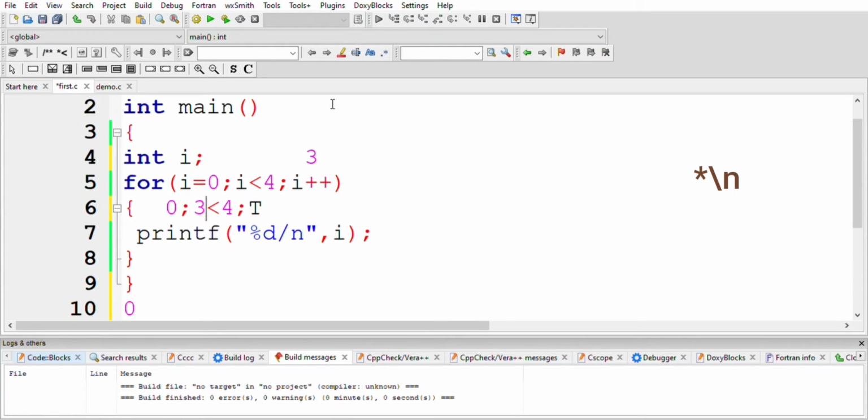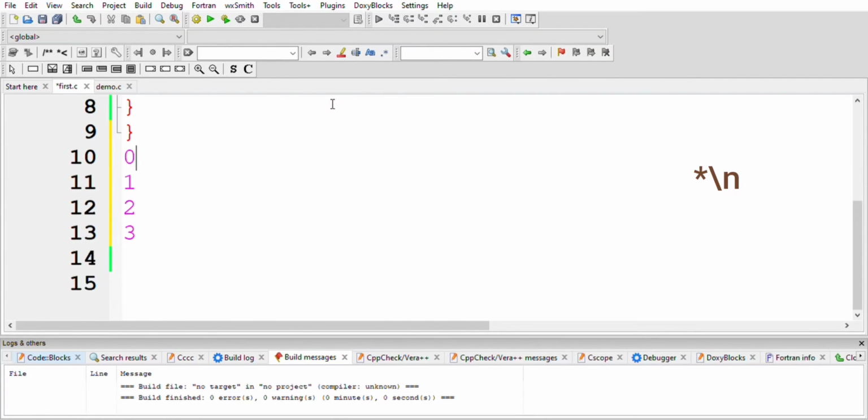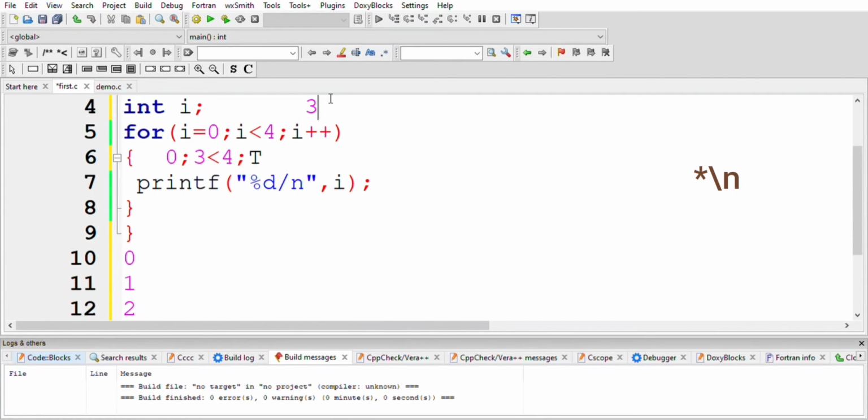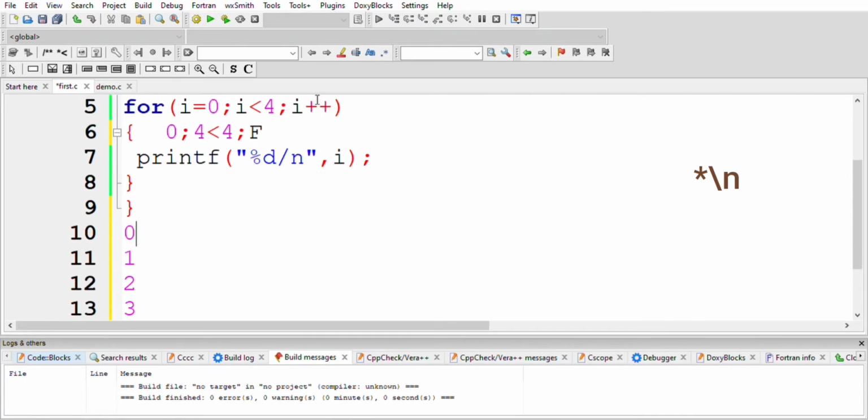The condition is true, so it prints the i value, 3. Now incrementing i plus plus, it is 4, correct? Now 4 less than 4, the condition is false. If it is false, it comes out of the for loop. So the answer is 0, 1, 2, 3.